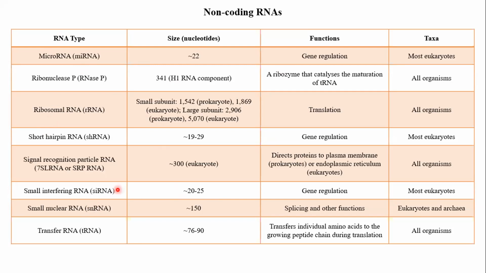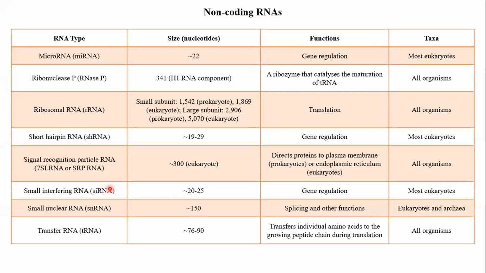Small interfering RNA is also called short interfering RNA. Short form is siRNA. So miRNA, shRNA, and siRNA have their role in gene regulation. Now this gene regulation, you have this part in the next semester. So in there you will study all these mRNAs, non-coding RNAs, microRNA, siRNA, some bit of short hairpin RNA also.